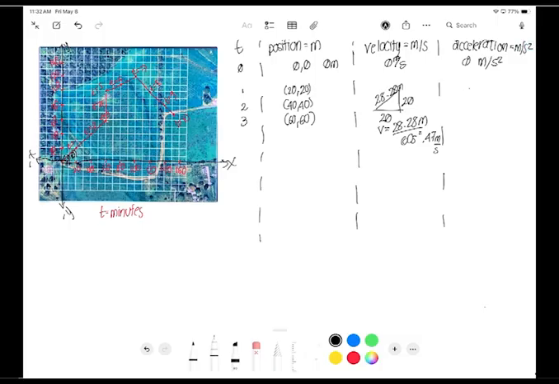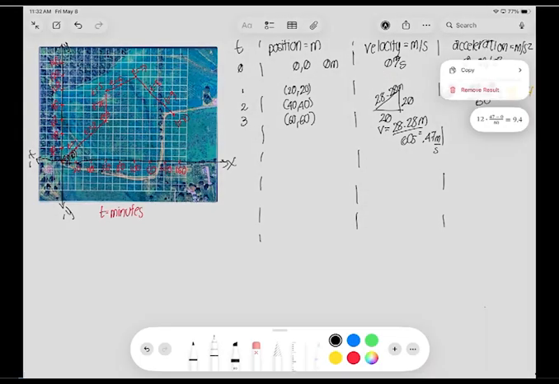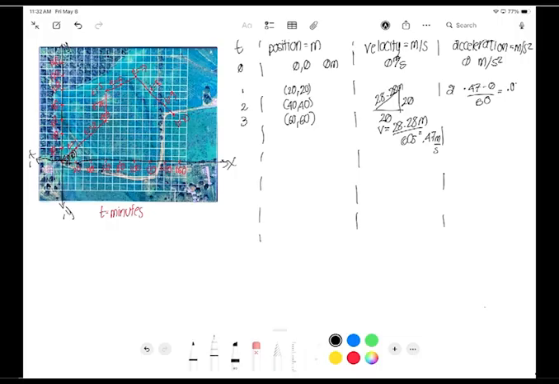Our acceleration for T1 is going from 0.47 to 0 divided by 60, and that's equal to 0.0078 meters per second squared. Our acceleration for the other two times is 0 because it's the same velocity going from T1 to T2 and T2 to T3. And so now we'll see for our next combination, which would be T4 and 5, where we're